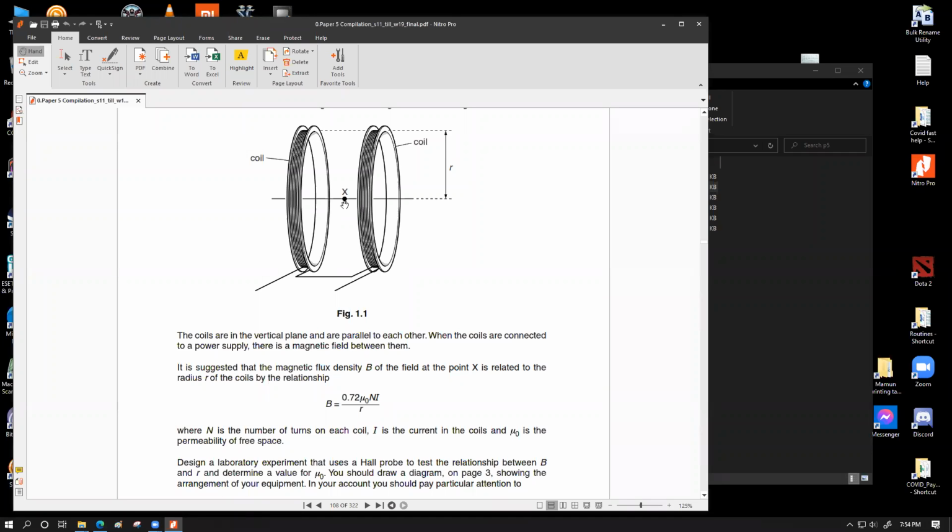That will necessarily limit your current, which is a good thing, and a bigger number of turns will also give you a much stronger magnetic field strength, which is going to be easier to measure because of the limitation of the Hall probe mechanism. So having a large number of turns will help us do the experiment better. And whenever you're doing it for the first time, let's say for the first set of readings, if you're not very careful and if there is a possibility of high heating for the coil or the wire apparatus, wearing safety gloves to avoid heat injury or burn injury